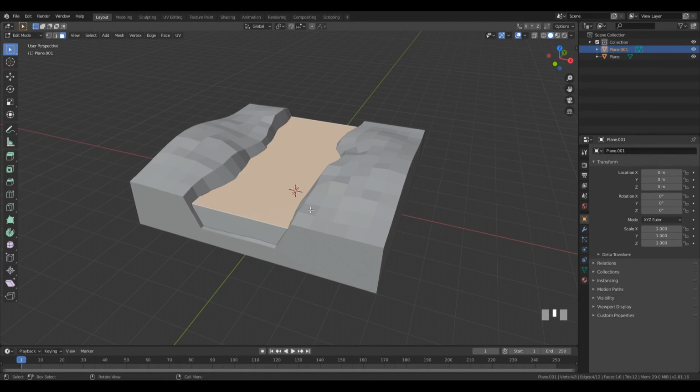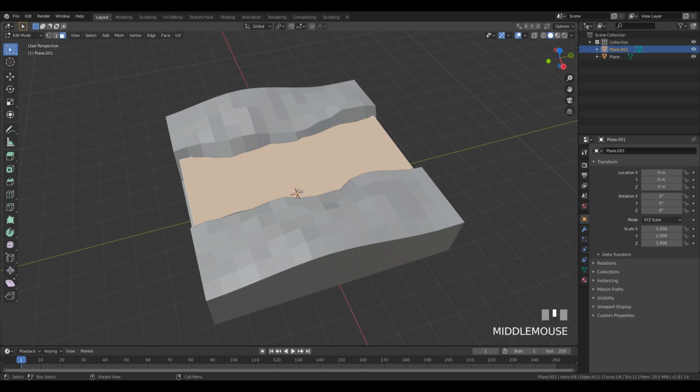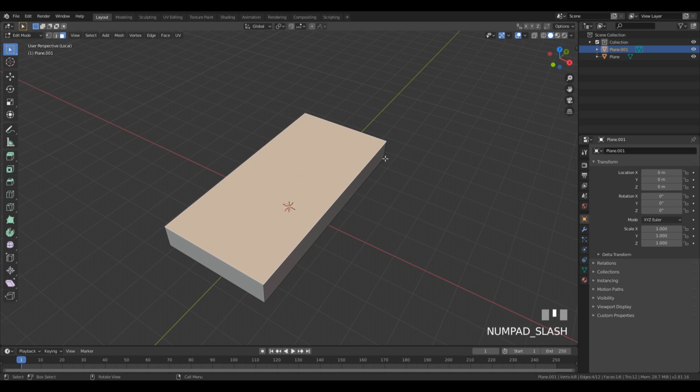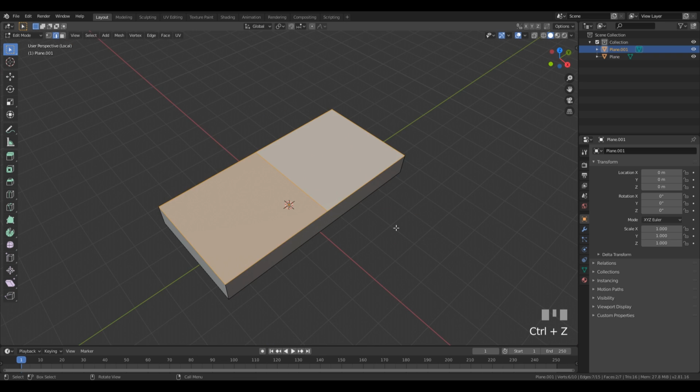And right now I want to subdivide the top face so we can apply some modifier to it later. But I don't want to just right click and subdivide it because that will create rectangular faces there. I want to split it in half first, but I don't want to split the whole geometry, so let's just press slash to go to the local view. And right now we can go to the edge select by pressing 2, select the edge, the second one, and let's click subdivide. So this way we can split it in half, and right now we can select these 2 faces